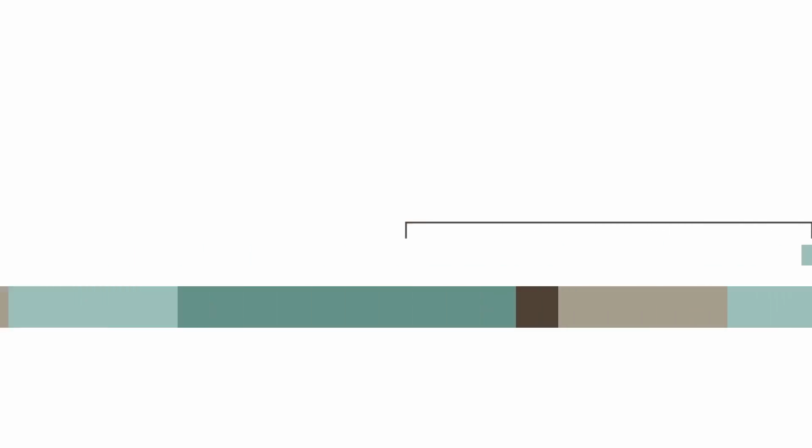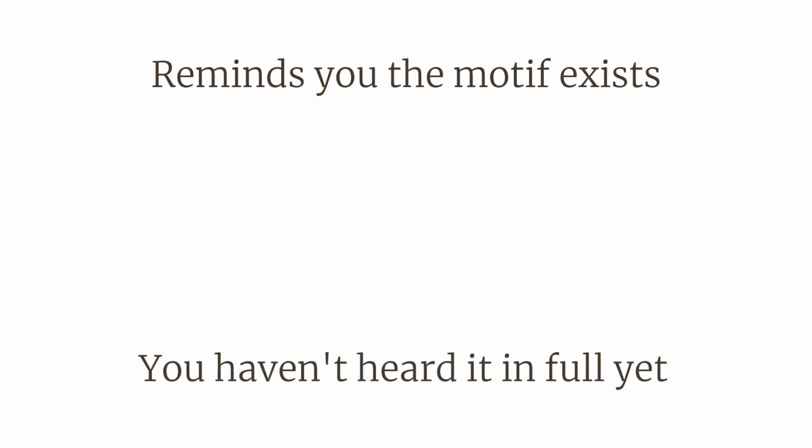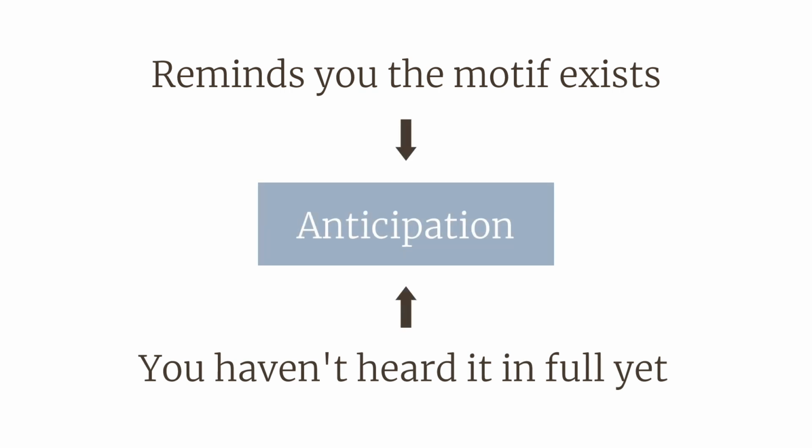This is what makes the second pre-chorus interesting. By the second pre-chorus, you are relatively far away from the first pre-chorus, and you are very far away from the introduction. When you do hear the first 4 notes of the motif again, it does not give you the same aha moment. It feels more like a puzzle you have already figured out. But it does remind you that the motif exists, and it reminds you that you haven't heard it in full yet. This serves to create anticipation.